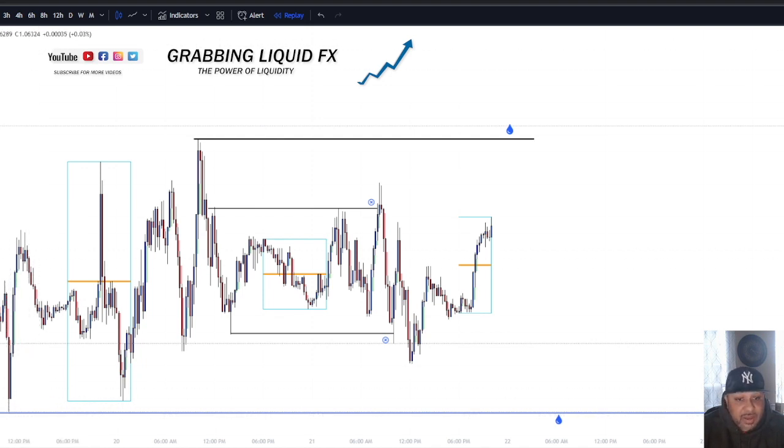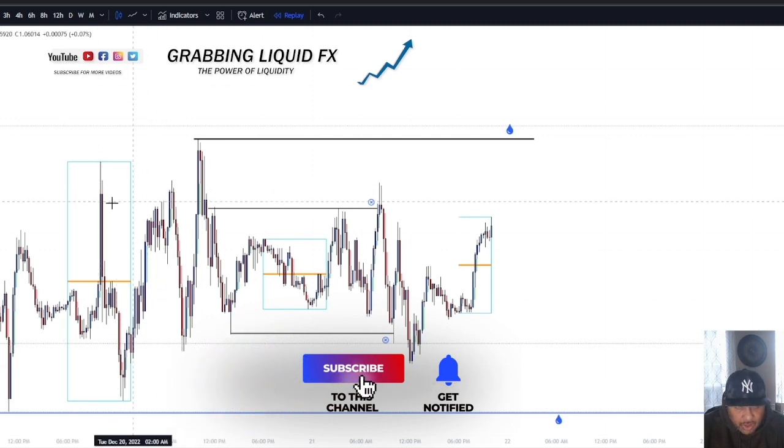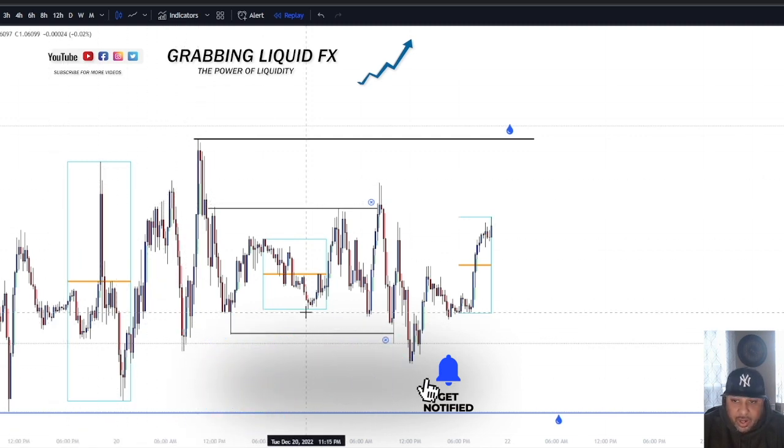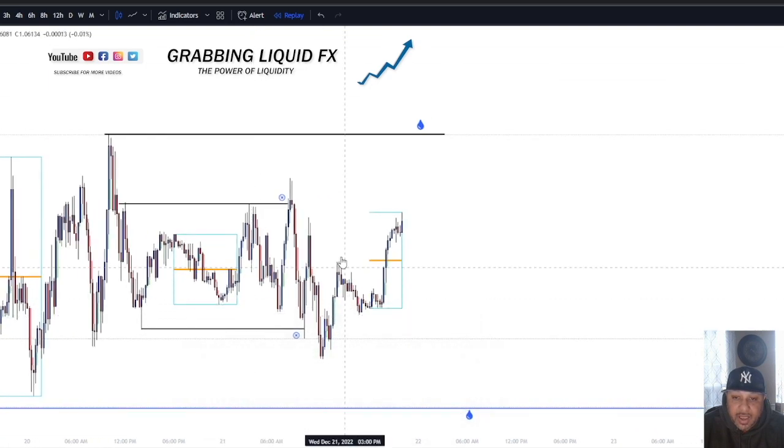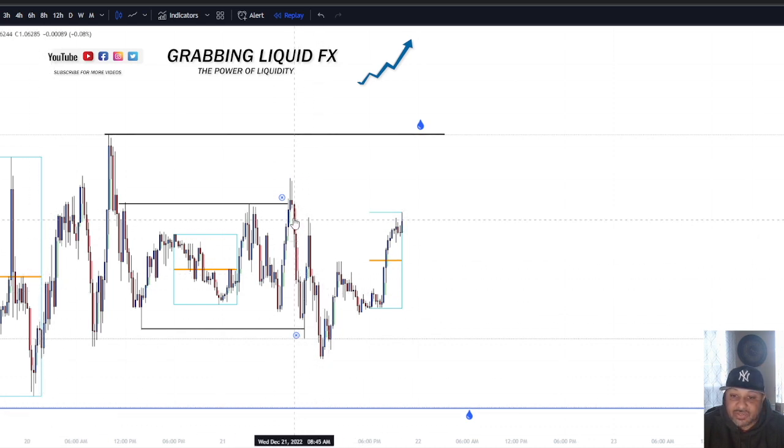I'm on a 15-minute time frame, and so we have price action moving up and down all week. There's some great moves in here, but you just have to know what to look for and where to get in. I have two indicators that I like to use. I like to use this Asian session indicator, and I like to use this imbalance finder to show me where